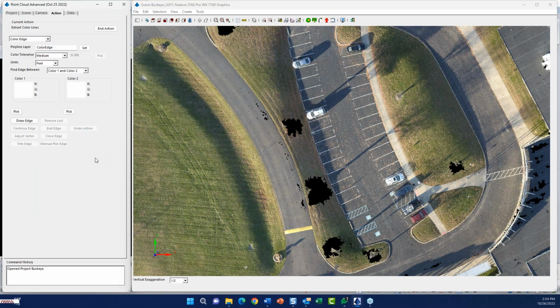Go back to color lines. All right, so color edge. So there's finding in between two different colors. That's one of the options, but there's a couple built ones in, and one of them is pavement and grass. So that we kind of came up with, yeah, I say we, it's not me. I'm not smart enough to program this, but